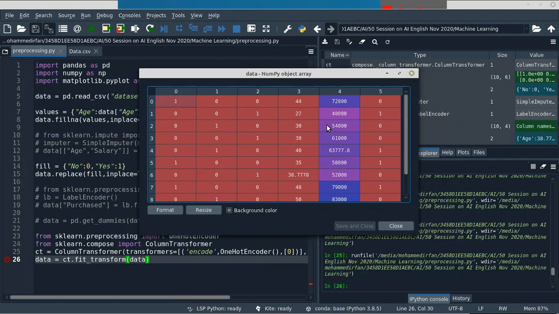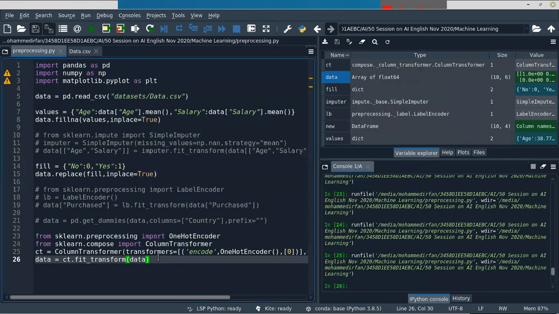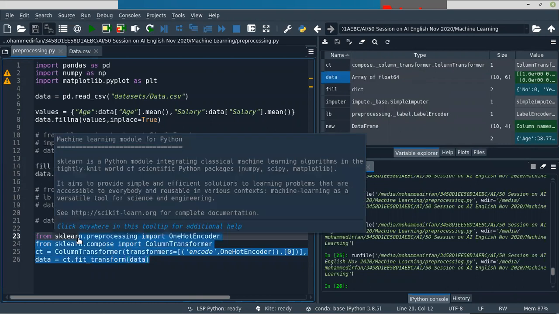Actually, what it's doing is creating a numpy array, not the data frame. That's why we don't have any names for the columns. We only have 0, 1, 2, 3. This is how you can one hot encode using scikit-learn. Okay, now we'll see